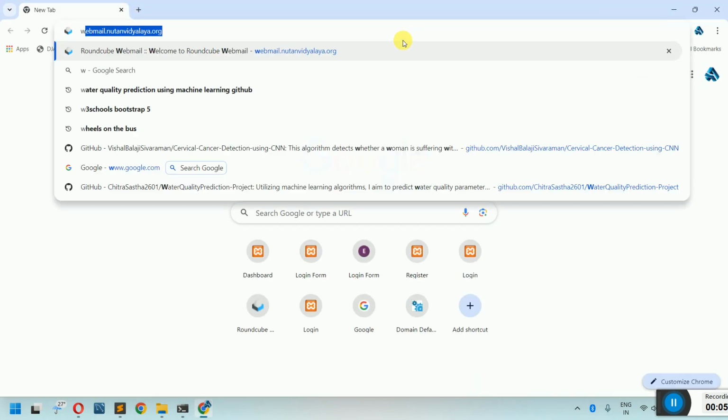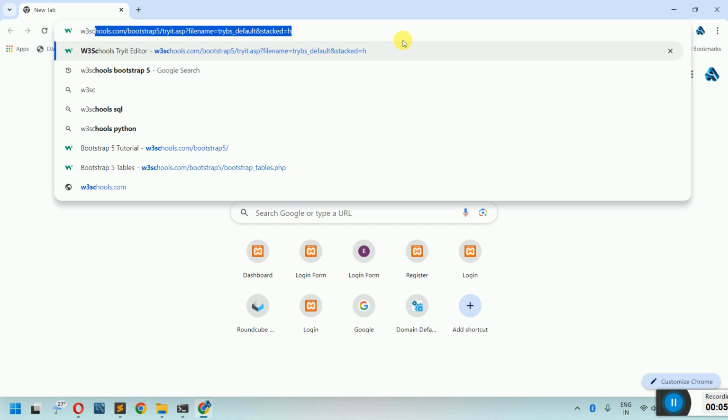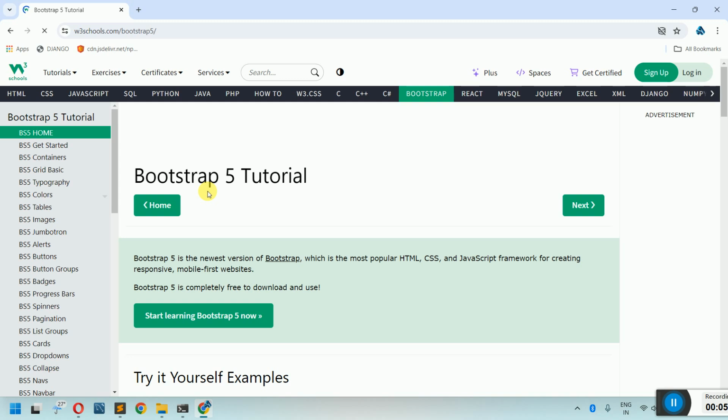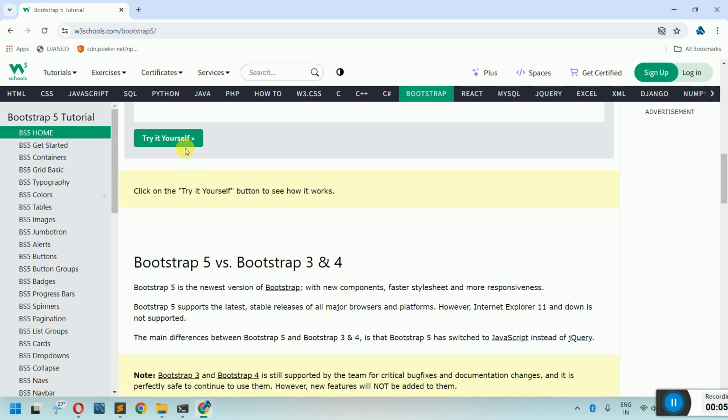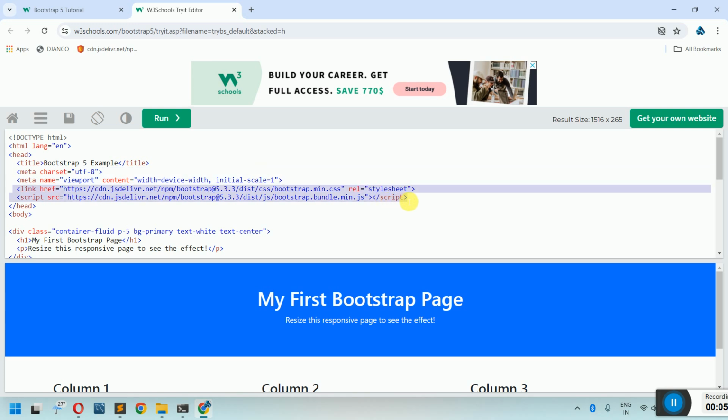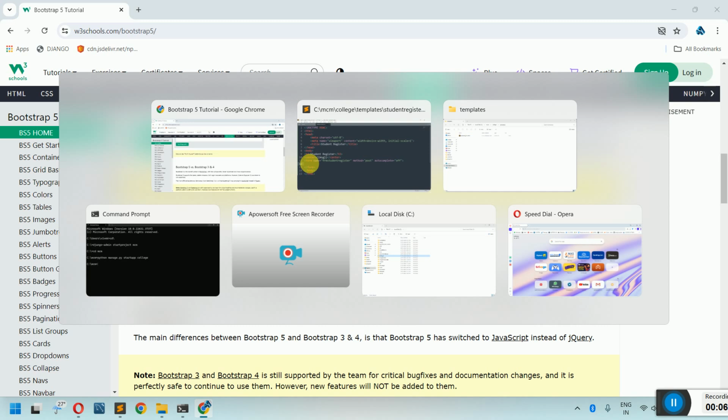Search for W3Schools Bootstrap 5. So you get the Bootstrap 5 tutorial. Scroll down, click on Try it Yourself, copy these two lines and I'll paste them